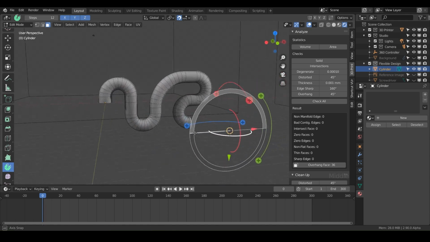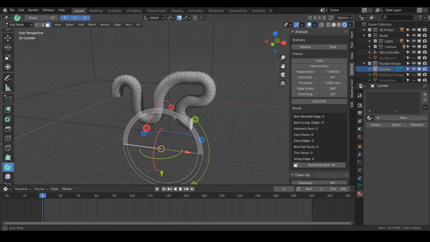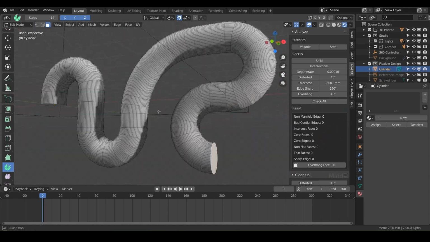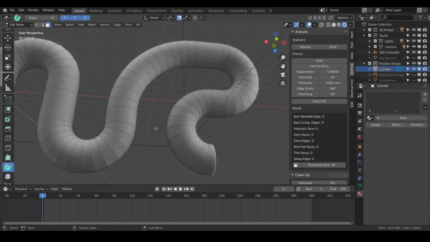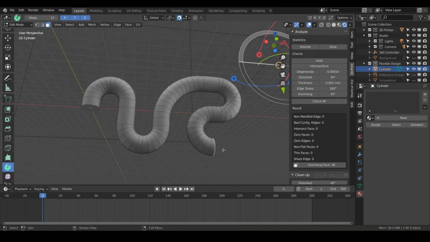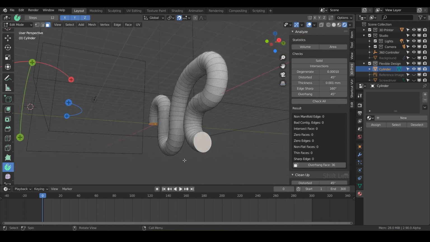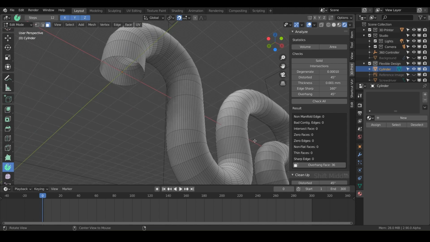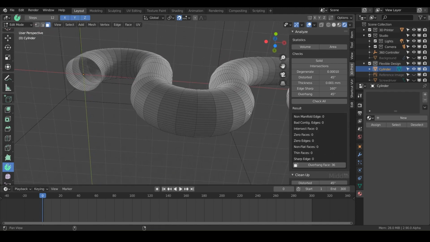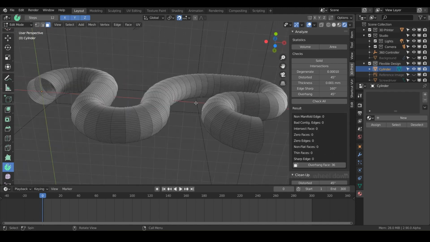But what we need to do now is kind of turn these into actual pipes. Right now they're just like tubing, or they're just like weird cylinders that are stretched all over the place. But what you can do is select the caps here and hit X to delete the faces. And now we've got this open geometry. And so it's not 3D printable, but what we can do is add a simple modifier, which we used before,